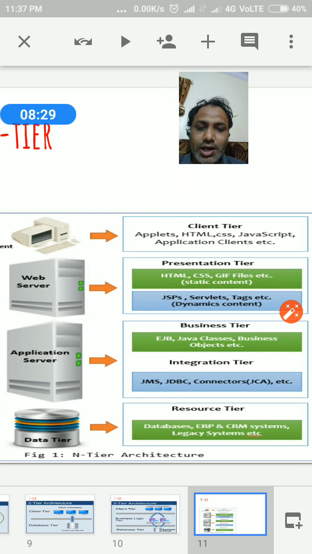The last one is the data tier: databases, ERP, and CRM systems. So different databases or ERP software can be fetched on the separate tiers. These are about the entire architecture.